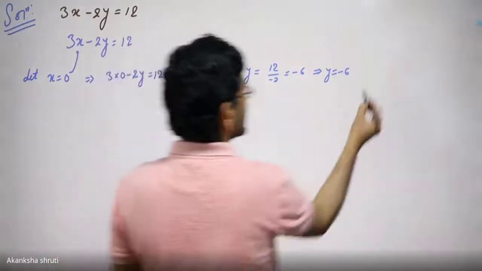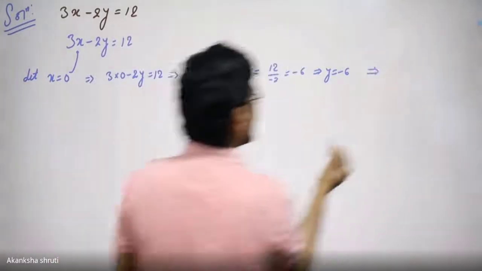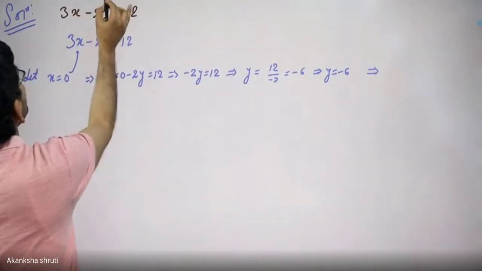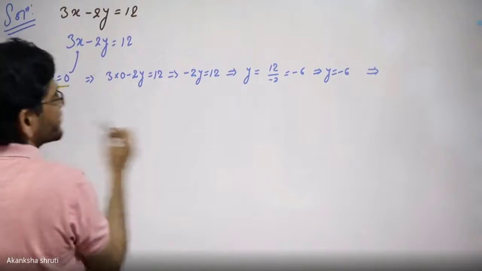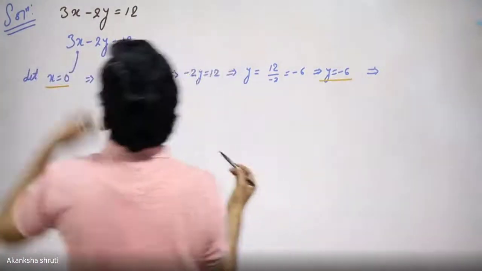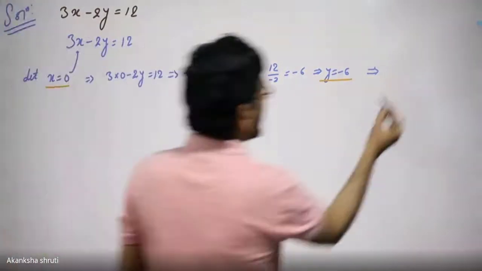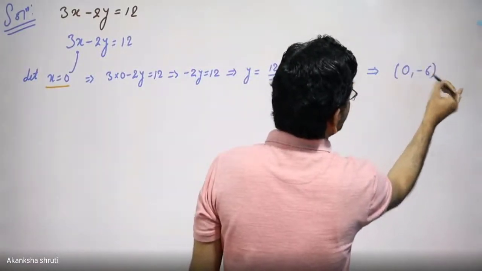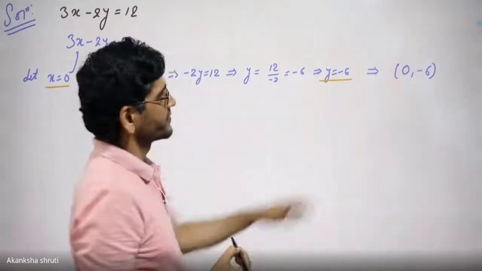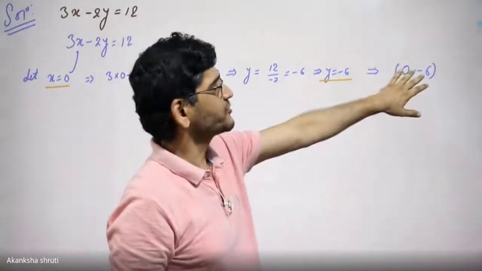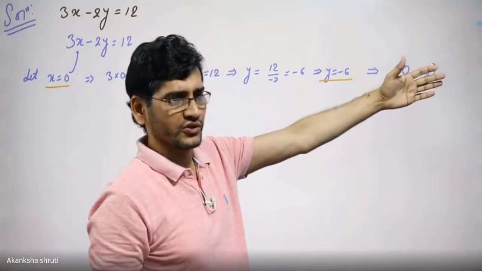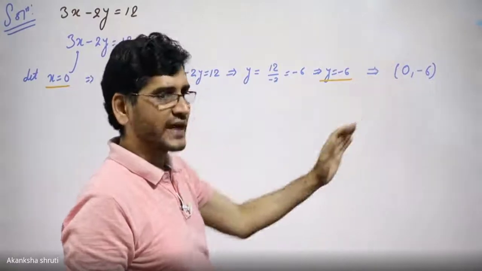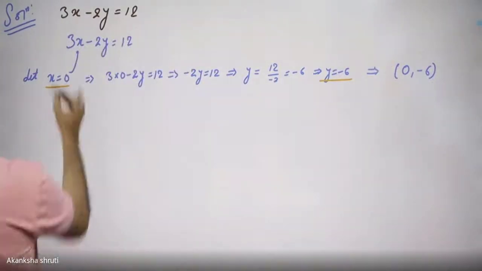Students, so what is the solution? The x value that we have assumed is this one, and the y that we have calculated is this one. Writing this in pair form, (0, -6) is one of the solutions. Similarly, we have to find at least 3 or 4 more solutions and tabulate them. Students, take a few more.